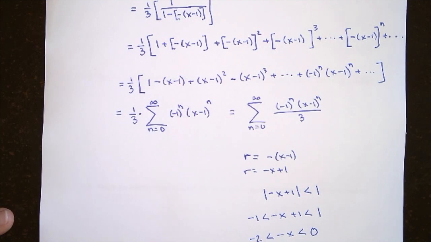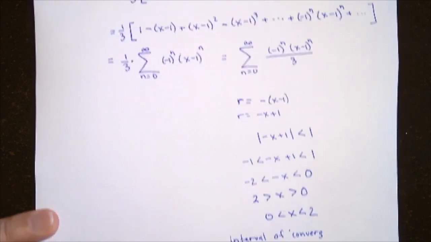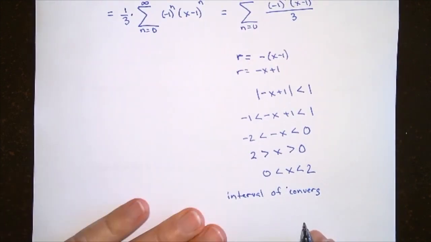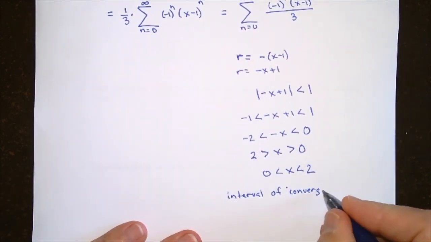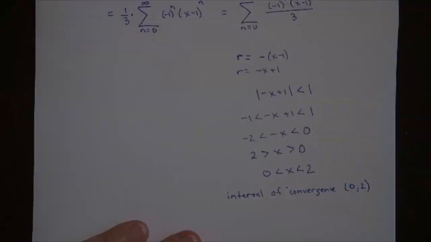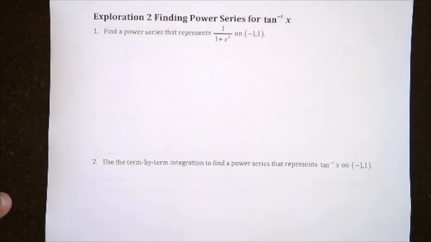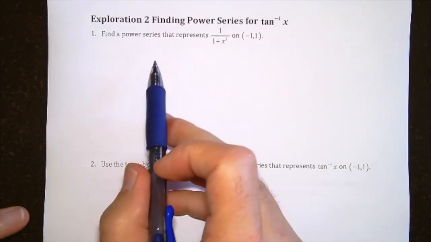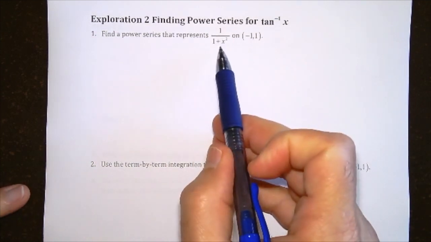It's just we're multiplying by 1/3, okay? It's pretty much the same. So the interval of convergence, and I'll slide that up. I'm sorry you guys couldn't see that. Okay, so the interval of convergence is 0 to 2. Okay, for this next one, find a power series that represents 1 over 1 plus x squared on